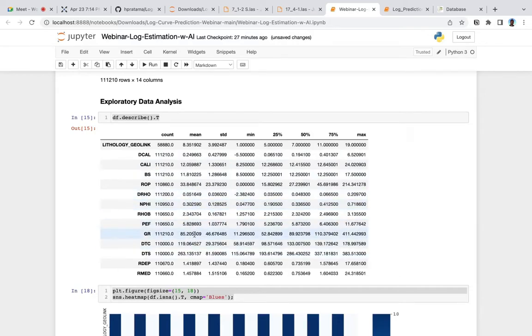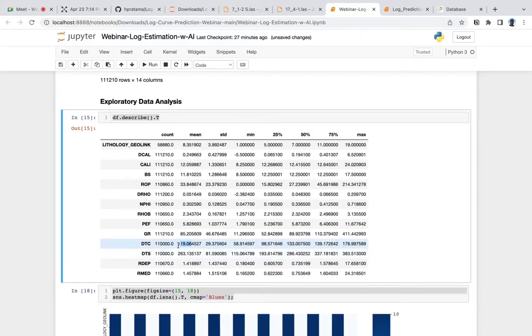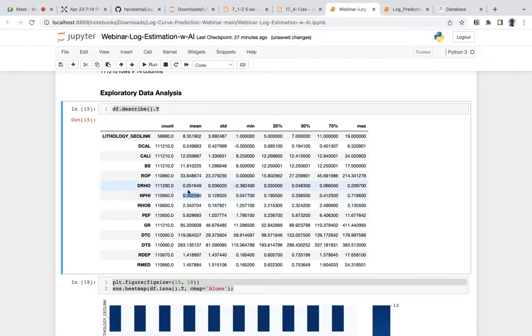This gap can affect our model, or can make our model not robust, because it will influence our model to tend to predict as the DTC, which has the high mean here, while the NPHI is very little here. So we want to normalize these values between 0 and 1.